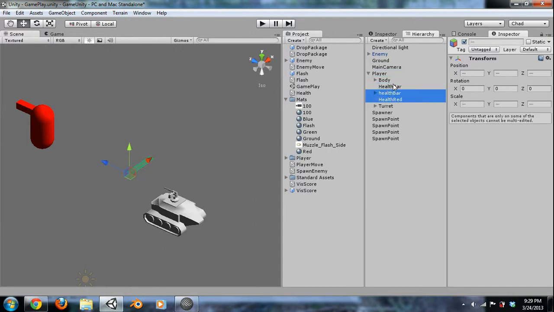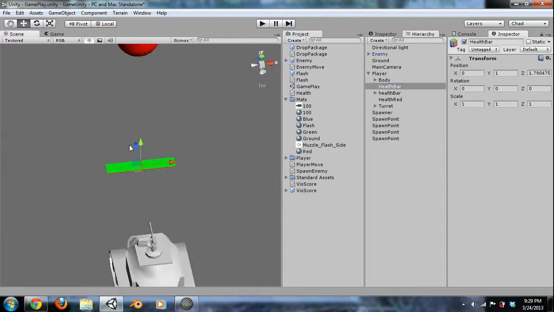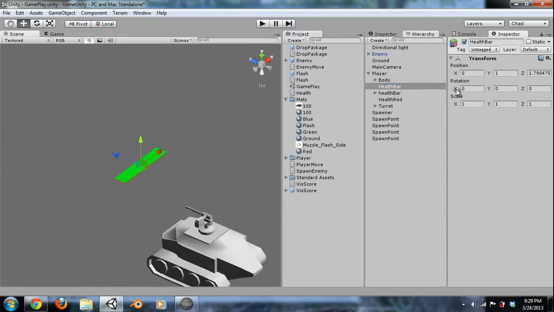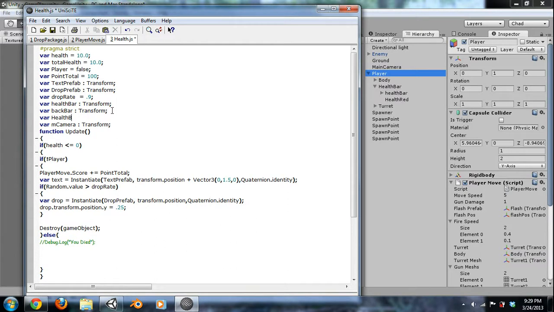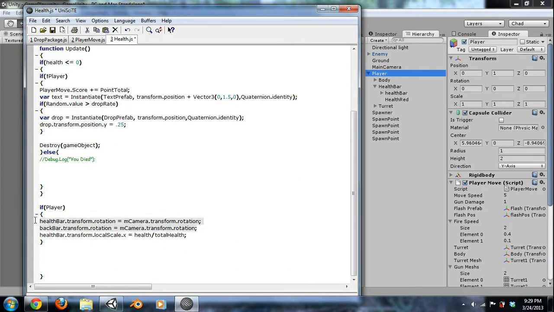Drag that out. We want our health bar, our forward, to be pointing in the direction that we want. So we're going to rotate at -90. And then we're going to drag those on. Alright, so now in our health script, we need one more variable, health bar, and that's going to be a transform. We can get rid of these two lines of code and just have it be health bar dot transform dot look at